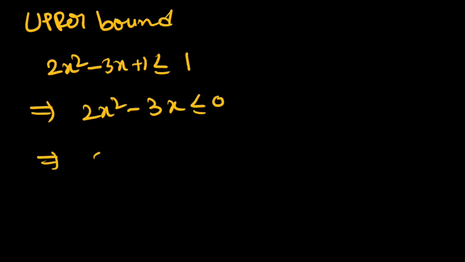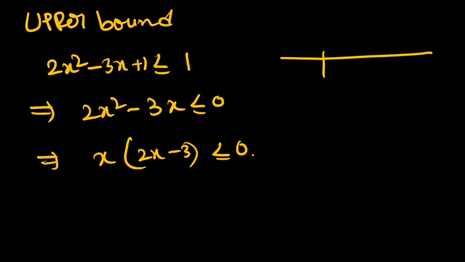This implies, so when we accommodate, 2x minus 3 is less than or equal to 0. Therefore, these critical values are x is equal to 0 and x is equal to 3 by 2. These are the critical values of this function. So when it's less than or equal to 0, if we see the value when it lies between this interval,